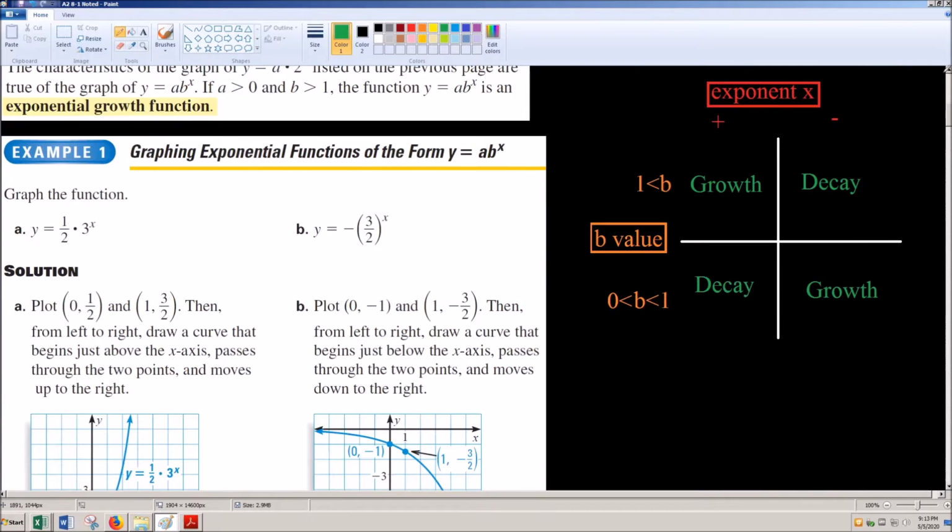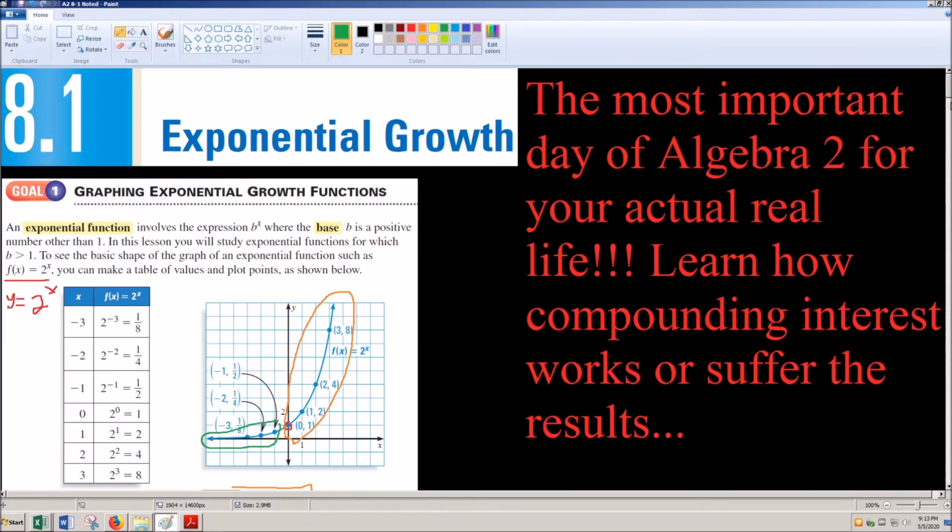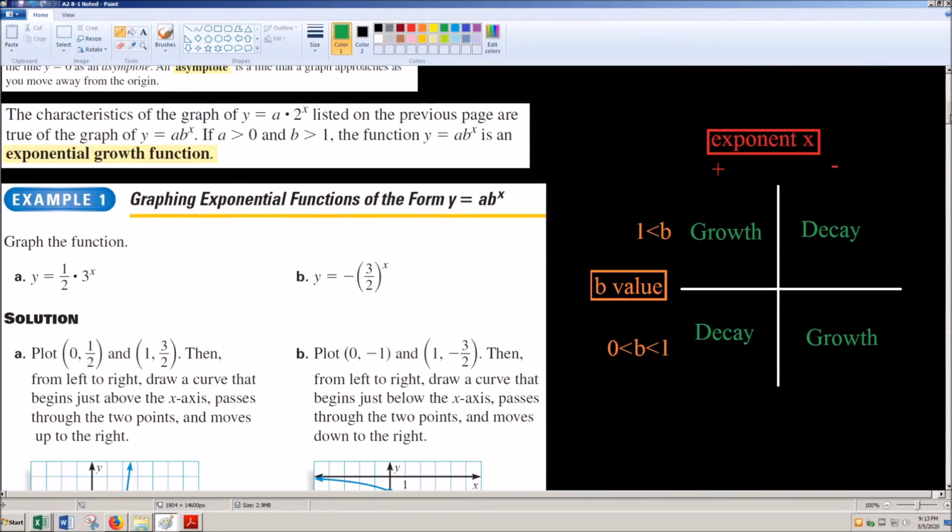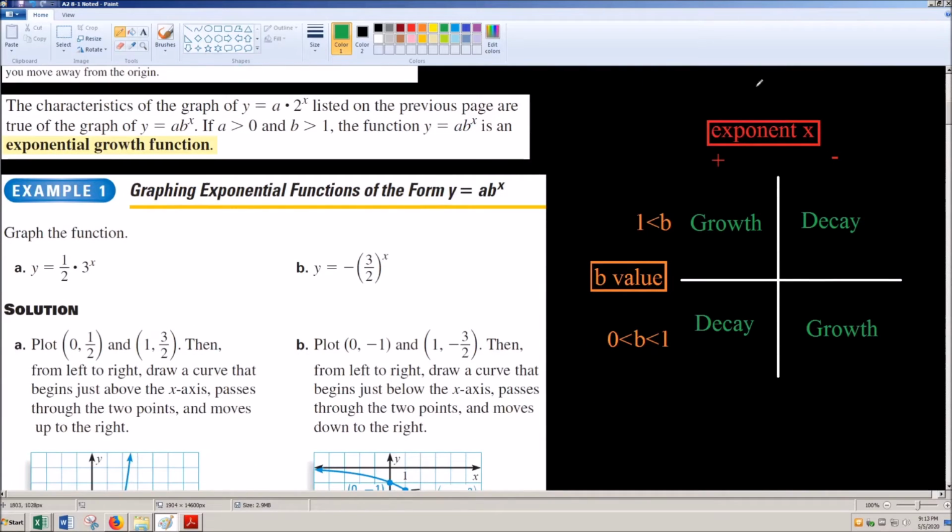Looking here, we want to just talk about the difference in these characteristics. So when we've got an a value out in front, this a value can either flip this thing or it can basically make it happen a little faster or slower. So I describe it kind of as like a stretch. So in terms of like a plain vanilla version of this thing, we'd say y equals a b to the